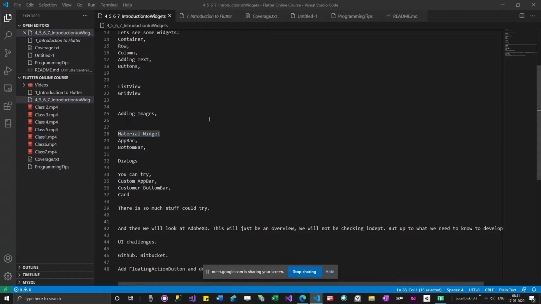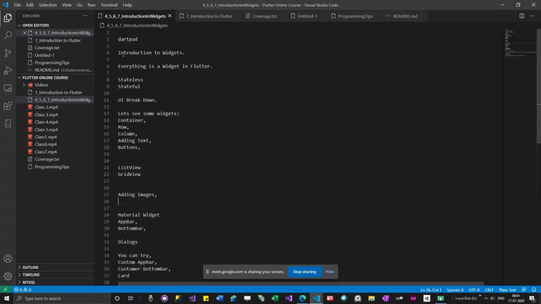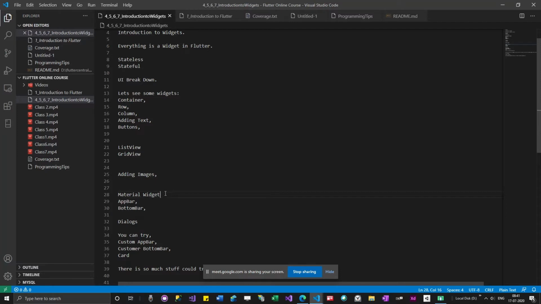I repeat all this in every class because these are things you should be familiar with. Even though you don't know the exact meaning of material widget, that is fine, but you should understand that using a material widget helps you add some basic skeleton, and what changes will happen to your app when you use scaffold.